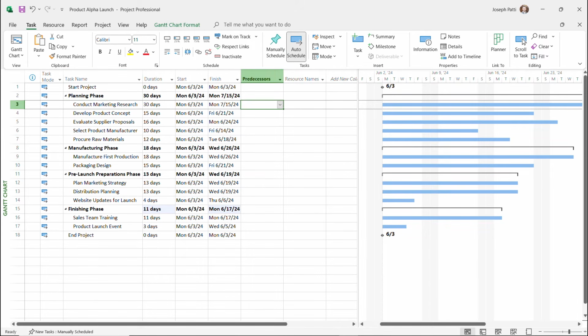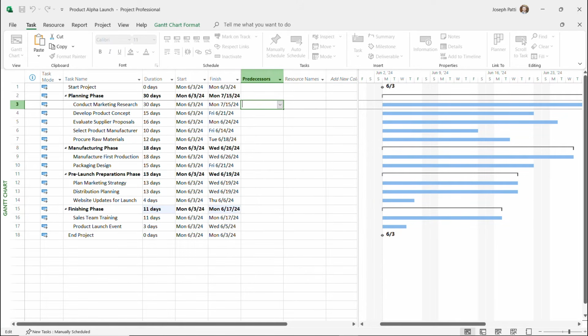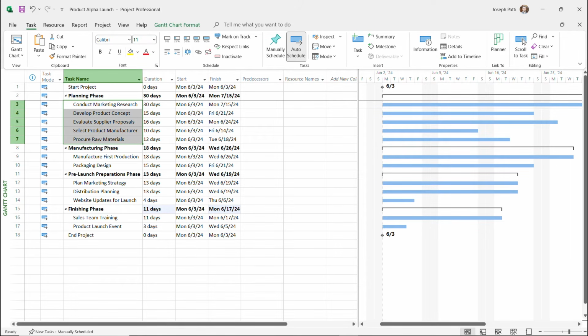Now there's two ways to do that. You can go into the predecessors and you can start to select what's going to happen first. But a simpler way is to just simply select all of your subtasks, go over to the Task tab, and inside of the Task tab, go over to the Schedule command group. And you're going to click this little link icon. You'll see these two circles linked together. That will automatically create the default relationship, which is finish to start. So if I click on that,